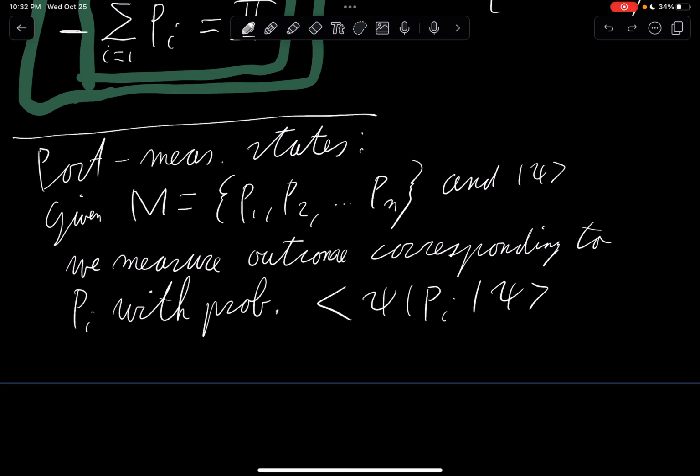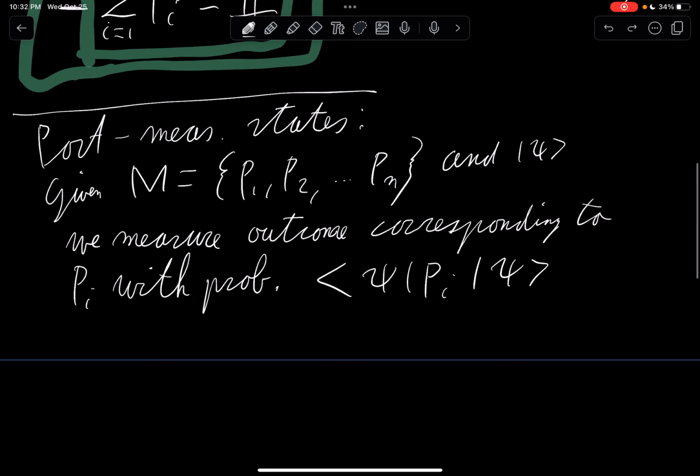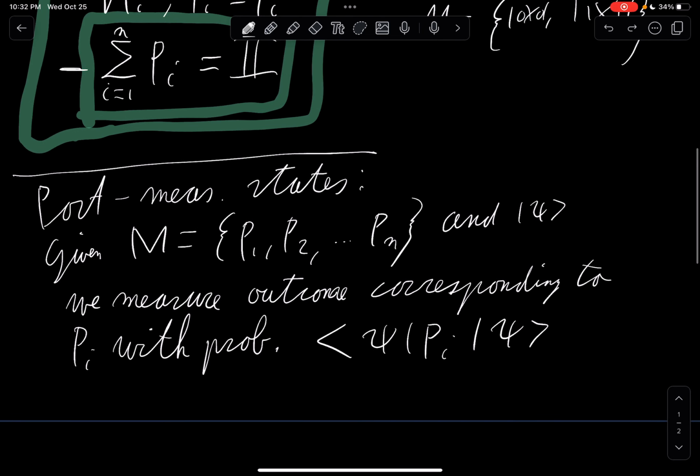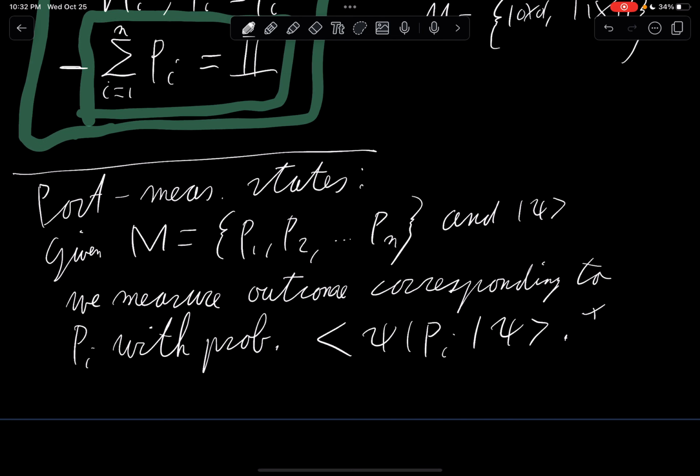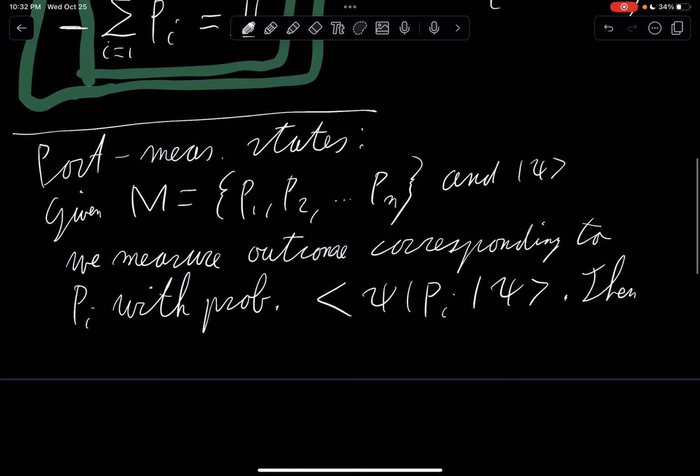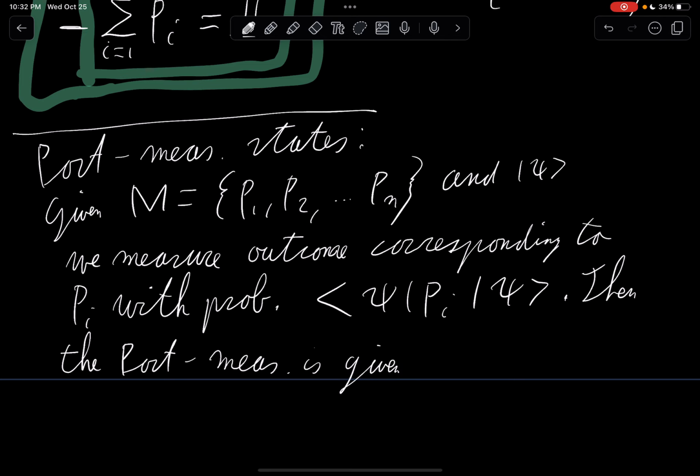We'll get back to this later, why this should be the case. Then if we see this outcome, then the post-measurement state is given by